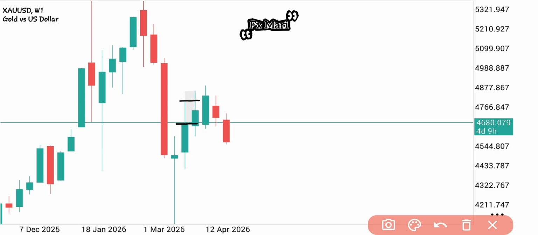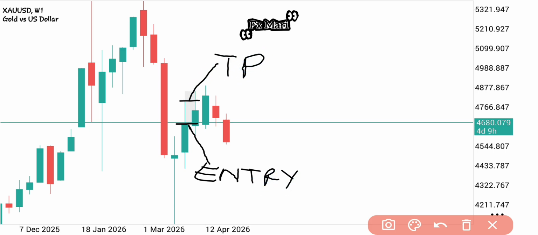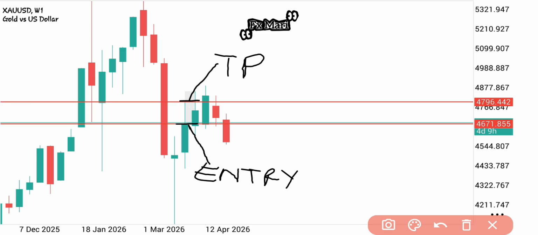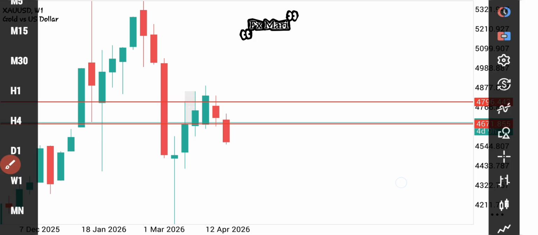The upper wick. A bullish candle closes at the top, it opens at the bottom, right? Close of the previous candle is acting as our what? Entry, and our upper wick is acting as our target point or TP. So we highlight with our horizontal lines like so. As this, the close of the previous candle is the entry, and the upper wick is the TP or target point. So then after doing that, we